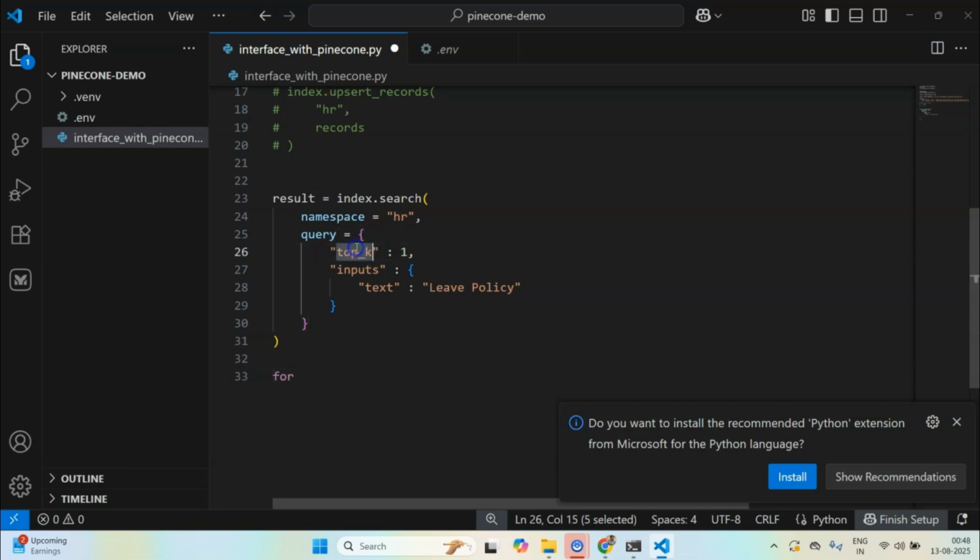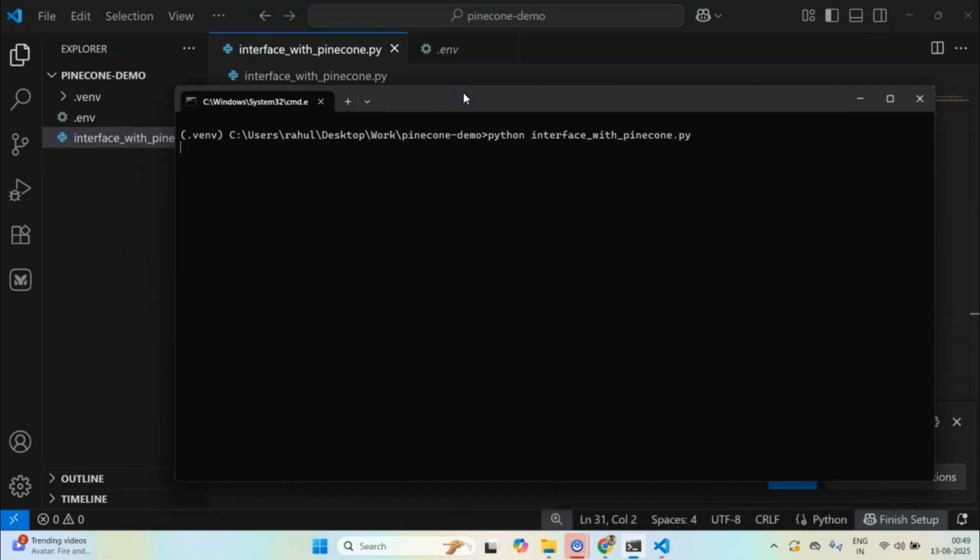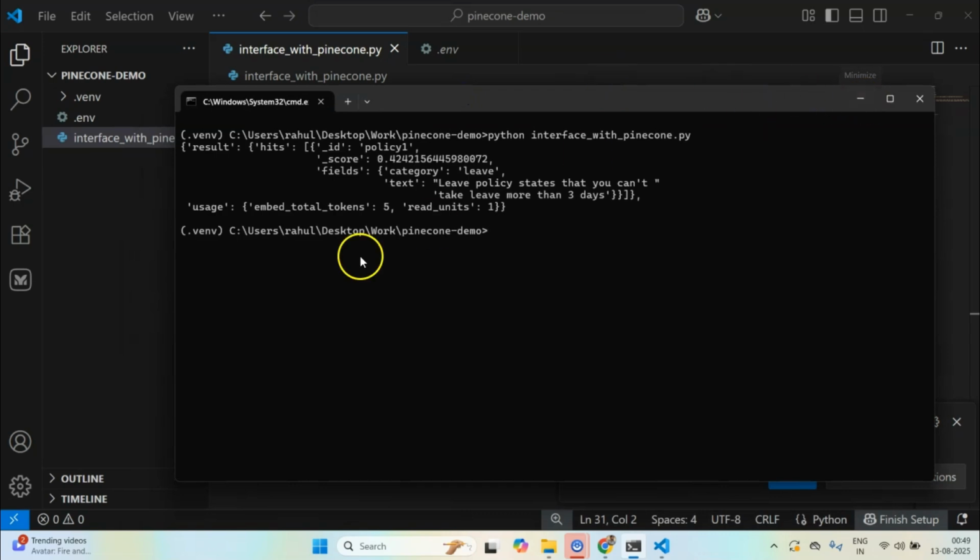it will return a list. For now I'll show you the entire result object, before actually starting the loop. Let's run this. First let me show you how the results look. You see this?